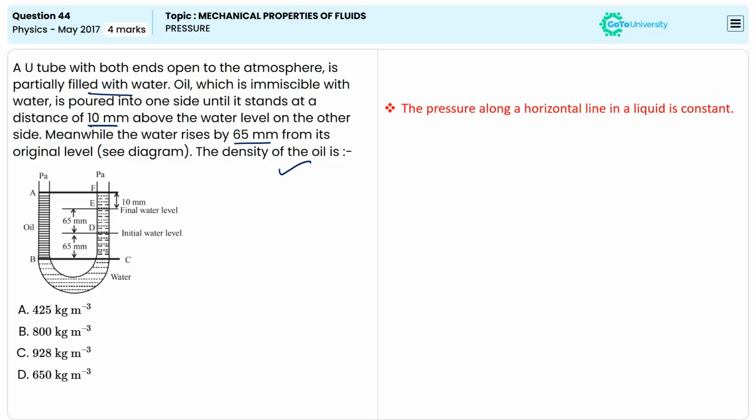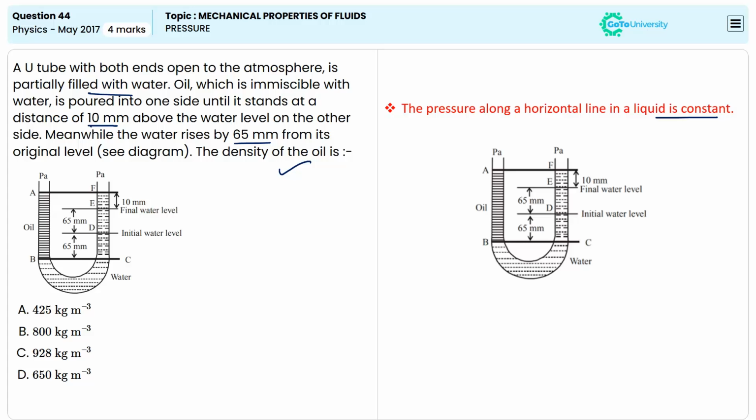So here it's known that the pressure along a horizontal line in a liquid is always constant. So based on the given diagram, we can say the pressure in the oil will be equal to the pressure in the water. It's known that the formula for calculating pressure in a liquid is h rho g. So here we can write h rho g of oil will be equal to h rho g of